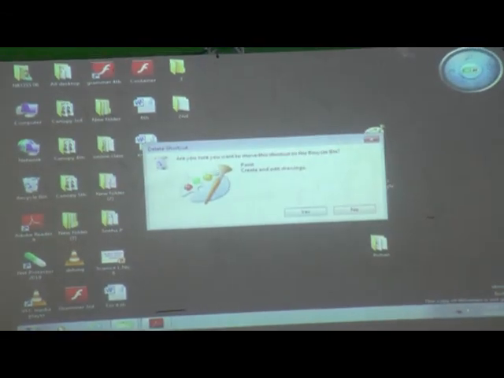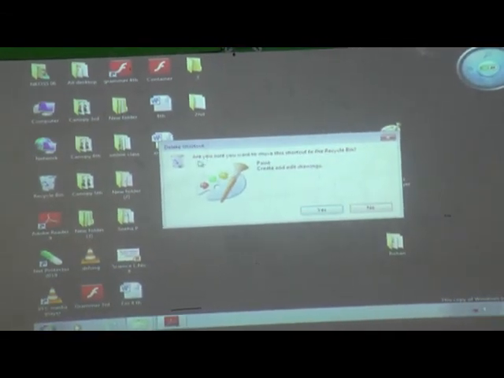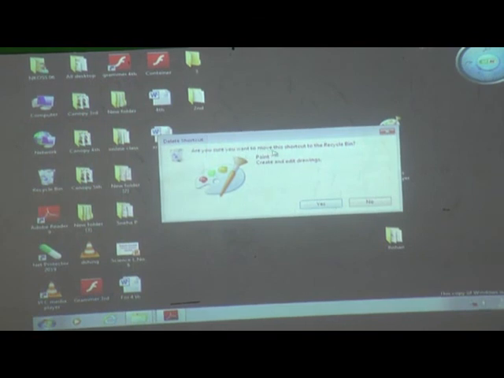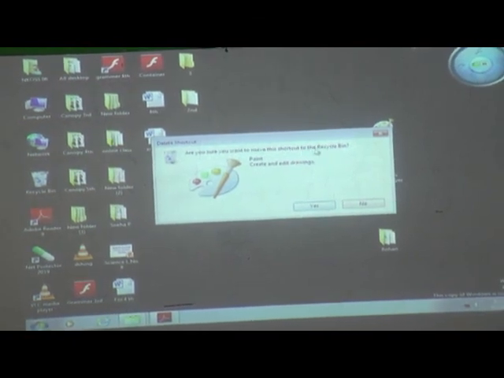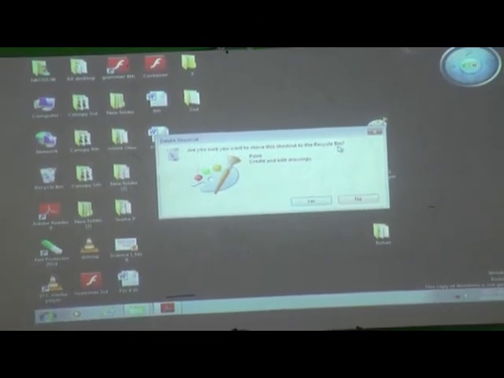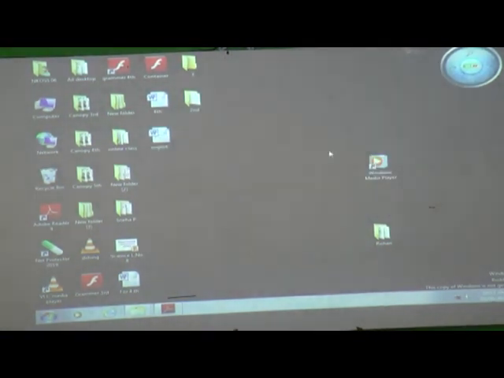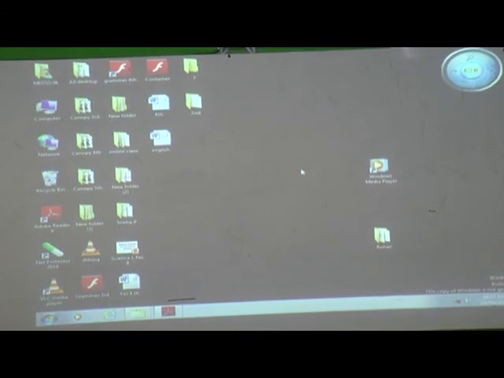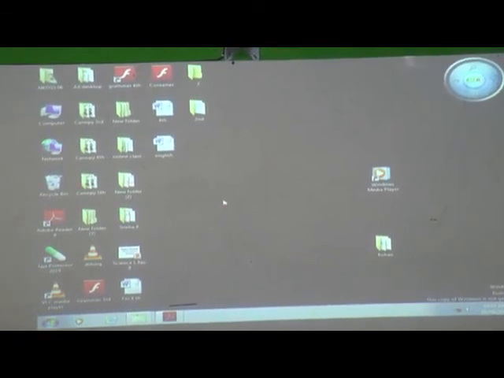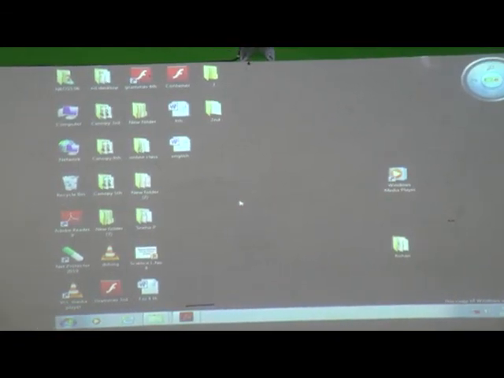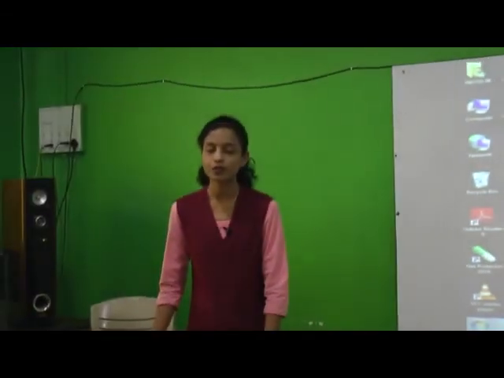Click on delete. What are they asking? Are you sure you want to move this shortcut into the recycle bin? Yes, we want to delete it. Then press the Yes. Then this file is deleted from our desktop. What we studied?